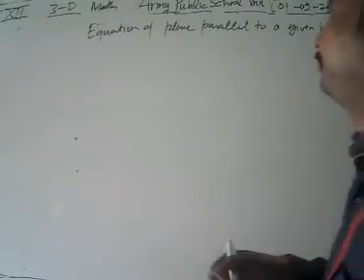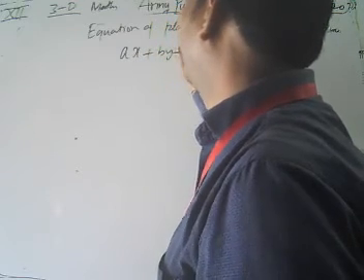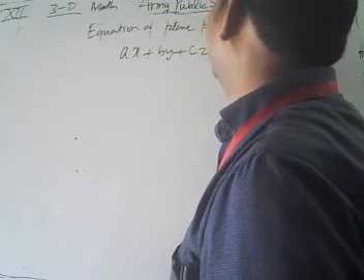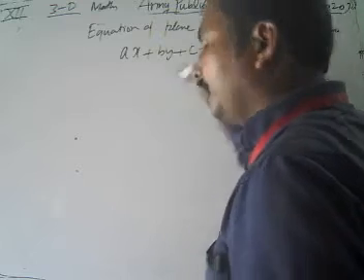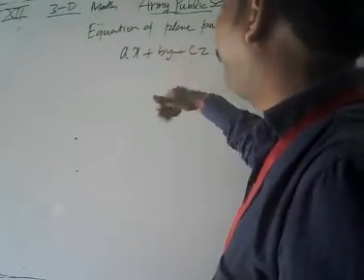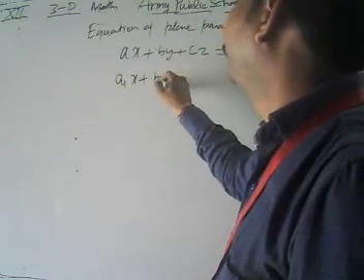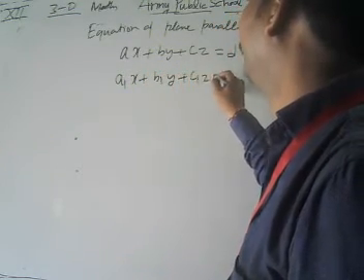Just suppose we have the equation of plane given as ax plus by plus cz equal to d. This is our equation of plane. Now look, what we are going to do? We take the equation of the plane parallel to this given plane as a1x plus b1y plus c1z equal to some